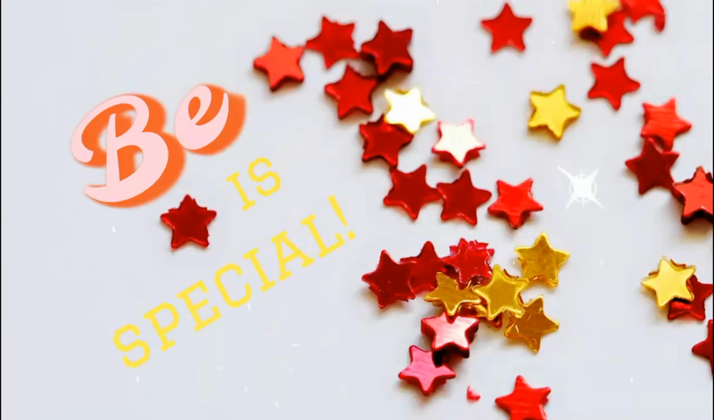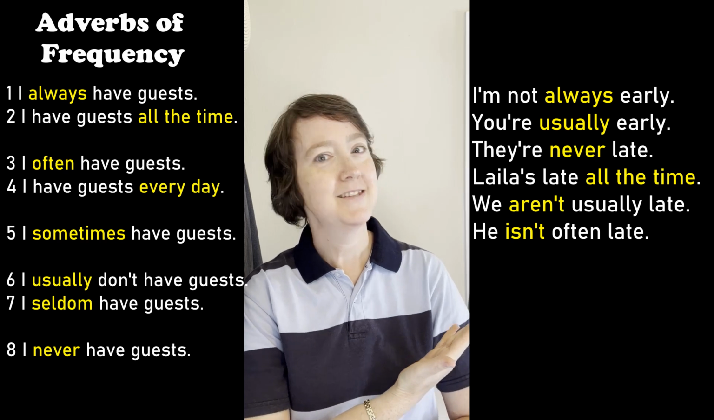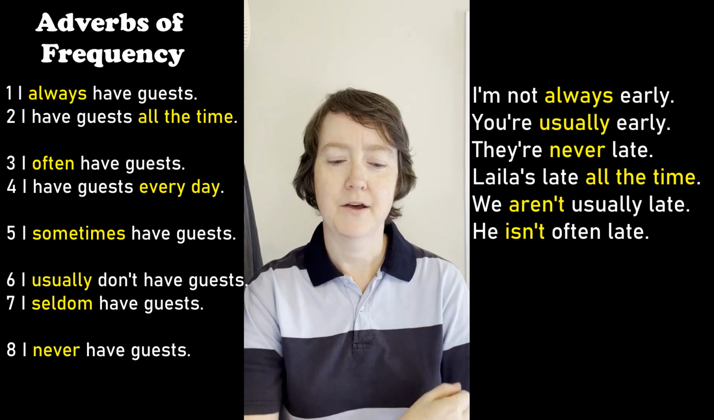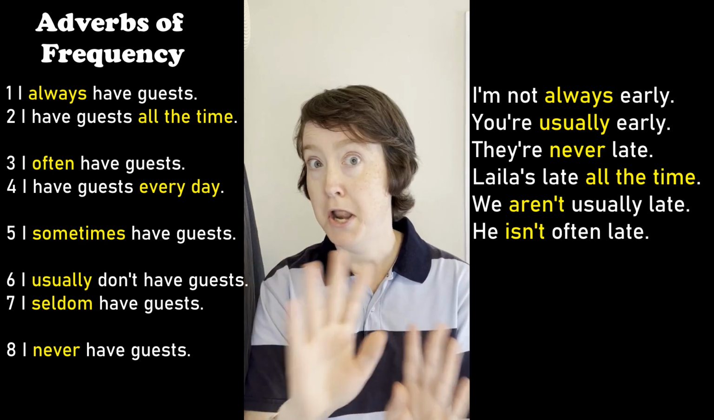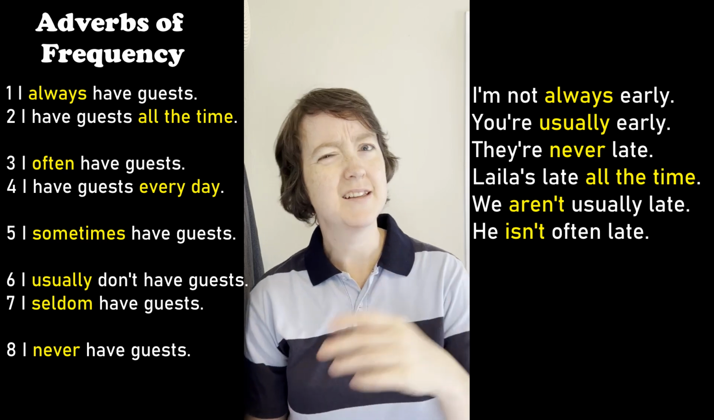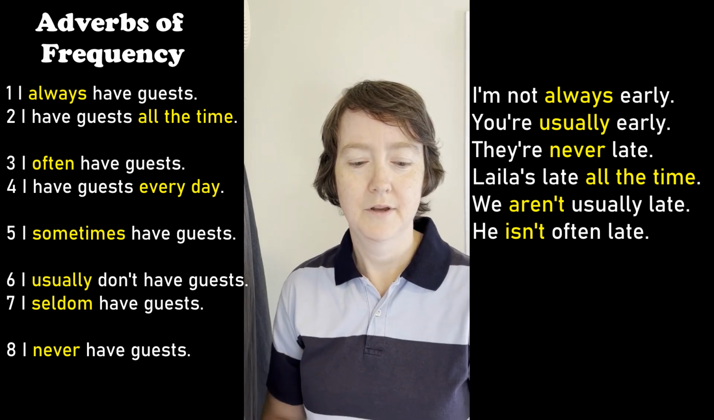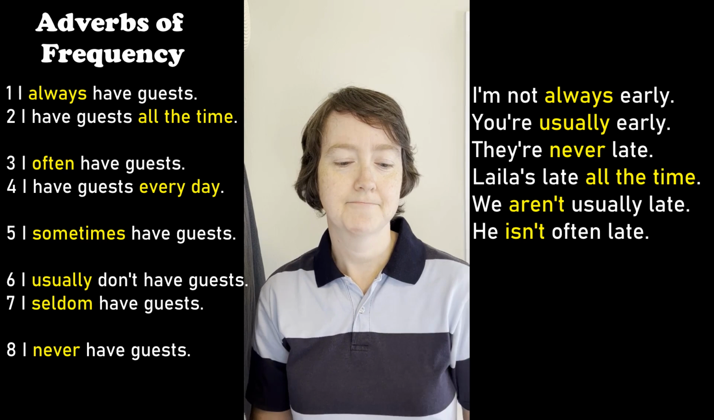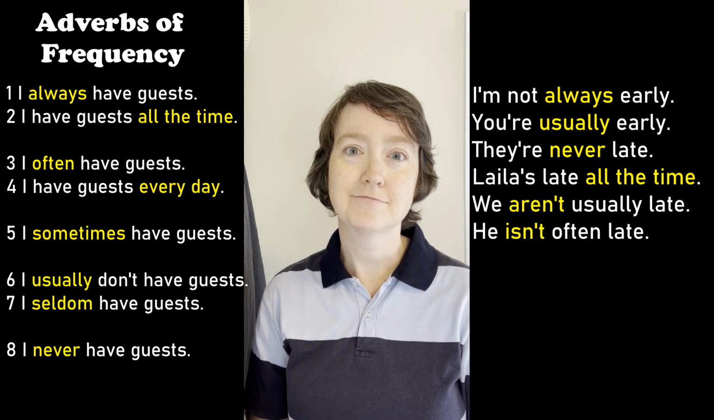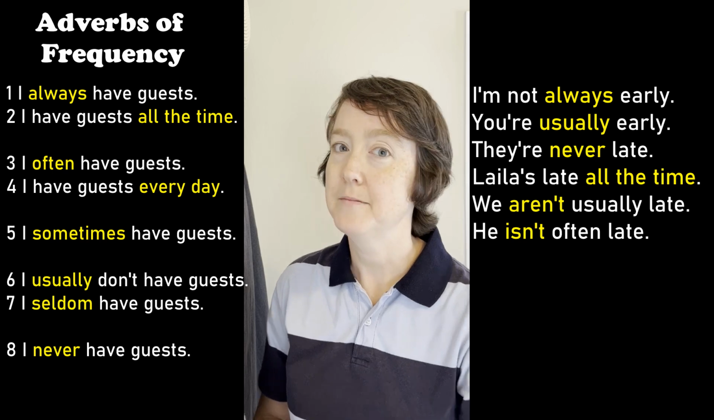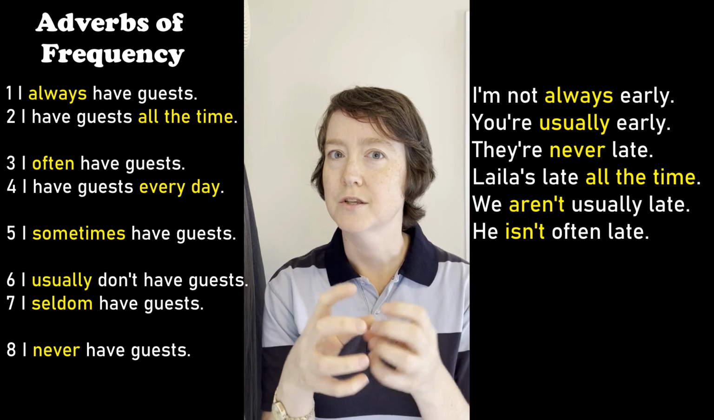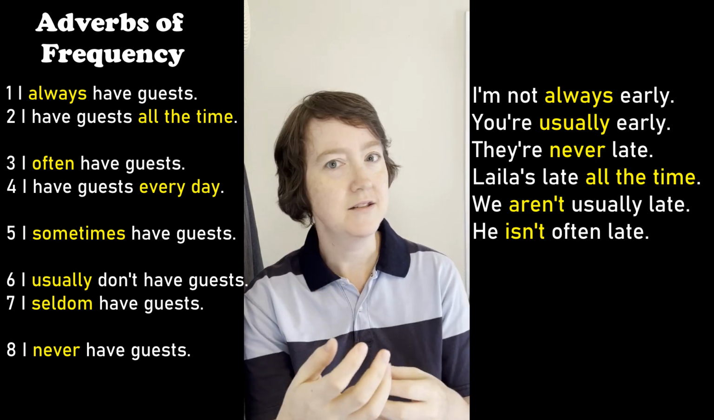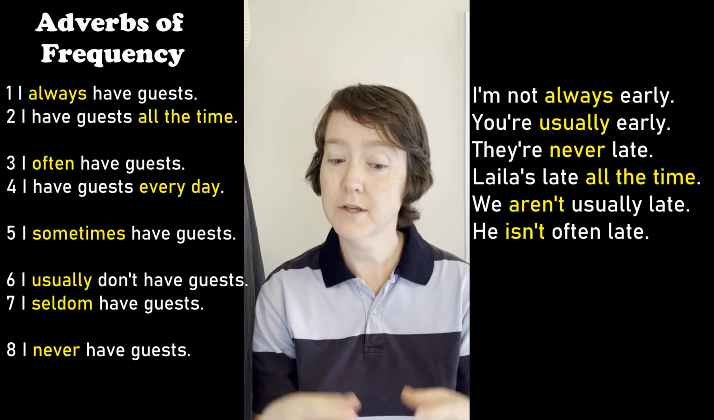But be is special. Compare these sentences. I'm not always early. You're usually early. They're never late. Layla's late all the time. We aren't usually late. He isn't often late. Remember that be, am, is, are, can make a contraction with not, like isn't or aren't, or a contraction with